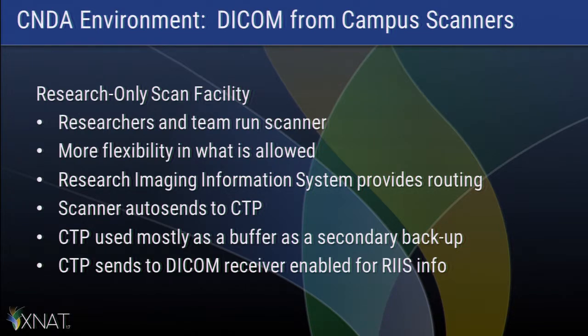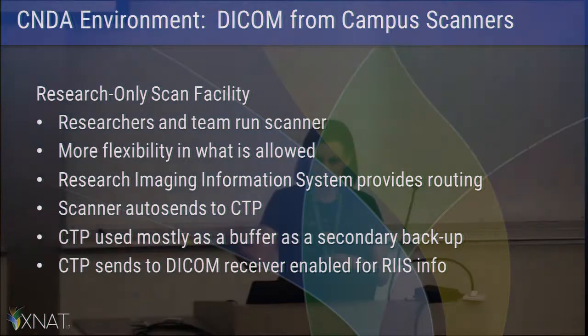So we have another flavor of DICOM receiver that handles these messages from the RISC system to say, okay, I have a login. Know that if auto send comes in on this receiver, route it here. And for the most part, it works pretty well. The CTP is not doing a lot of work. We have one in the middle of this process as well, so that the data that's getting auto sent is coming through a CTP. We use it as a buffer,